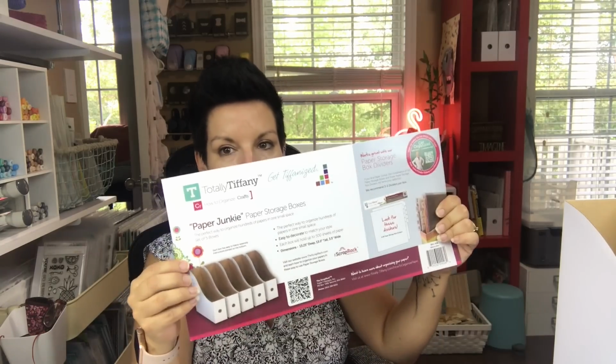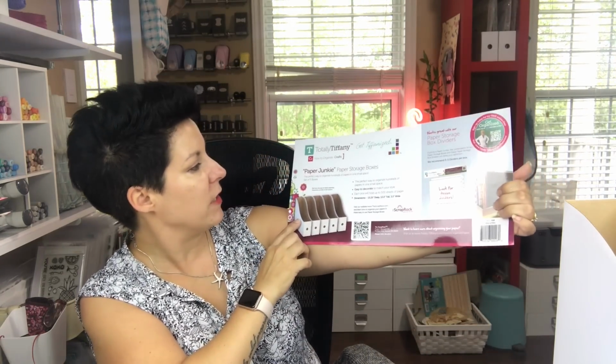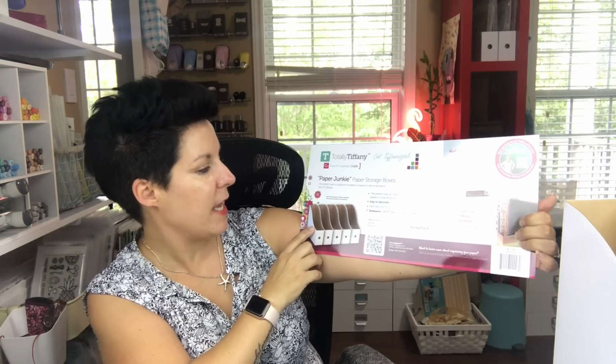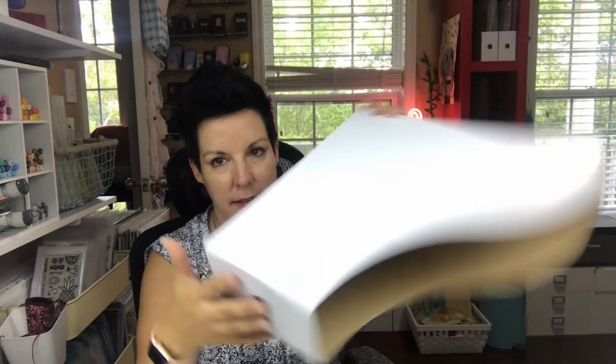They come in a package of 5, and they come all flat. It's by Totally Tiffany. It says Paper Junkie paper storage boxes, and they fit together super easily. The instructions are really easy to follow. You basically just press everything down and it automatically forms a nice cute box. You guys probably already have these, but I am really happy to have 5 of these in which I can